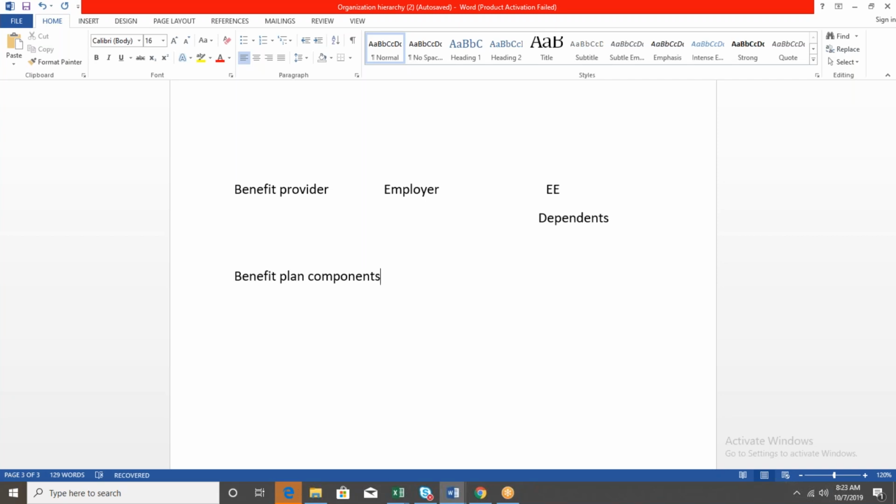So what are the components we have to learn in Workday benefits? First one is benefit provider. The second one is coverage type. Third one is benefit group rates.